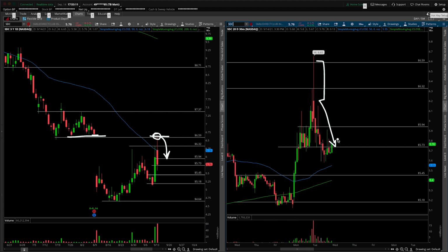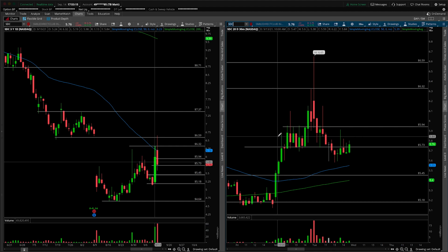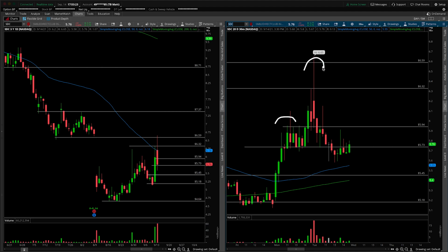So what I want to do is just shift the focus over to the 30-minute for a second here and talk about potential for a head and shoulders pattern. Now, it's not the cleanest head and shoulders, but if you look at this as shoulder one, certainly your head of filling the gap up on that opening drive higher, and then shoulder two over here, the neckline now is something like this. So I would argue a break underneath this horizontal area right around $5.60 opens the door to lower inside of SmileDirectClub,